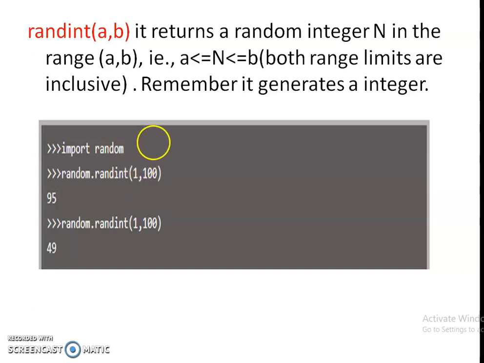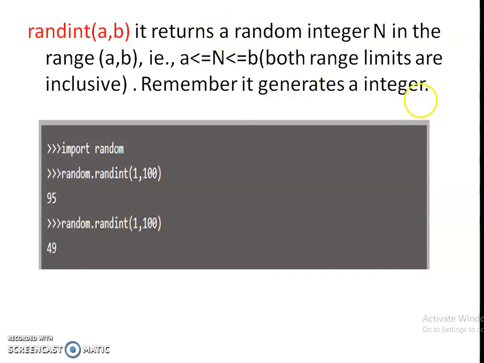Clear? So see the example, import random, random dot randint 1 comma 100. That means it will return a number in between 1 and 100, and also the 1 and 100 is inclusive. That's why we get the number 95. You will get another number when you repeat the same statement again and again, each time you will get different output.